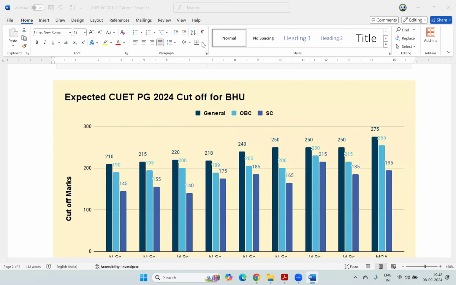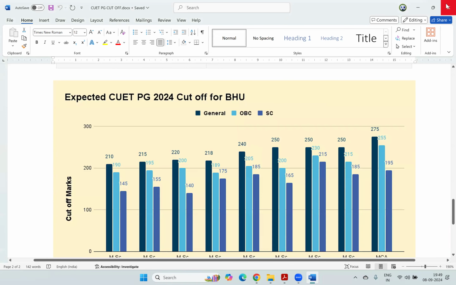Also, you can go through the different entrance exam questions that are conducted by different universities. For example, my university, Presidency, we also conduct an entrance exam for the masters. It is called the PUMDET, and it is conducted by the joint entrance board of West Bengal. So if you go to the joint entrance board of West Bengal and you type PUMDET old question paper, then you will get access to the old question papers, and there are further MCQ questions that you can solve. Okay, so that will help you along with your practice.